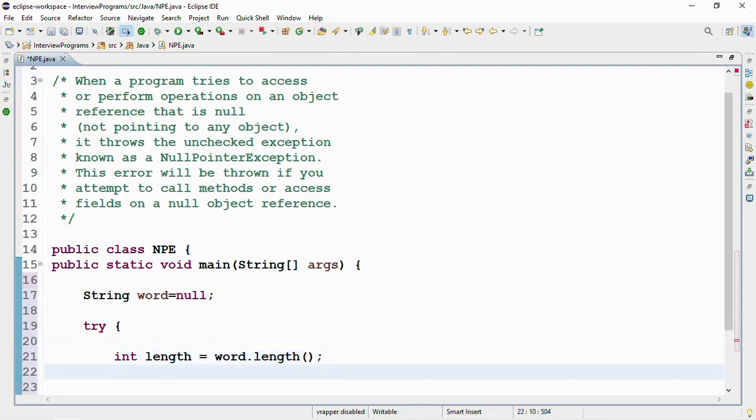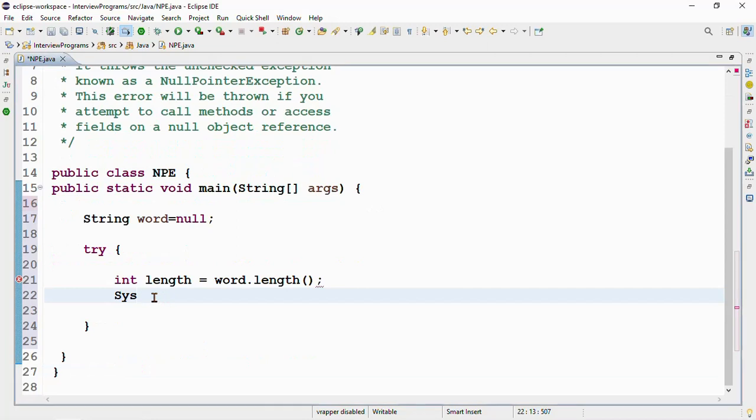Write the code to print the output. Length of the string, length of the string plus length. Okay,